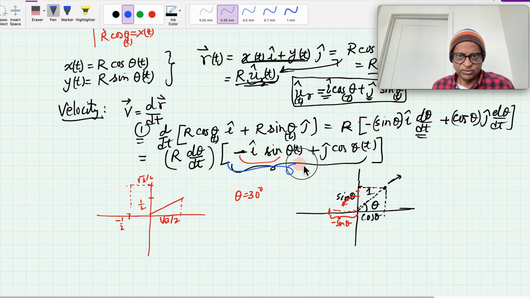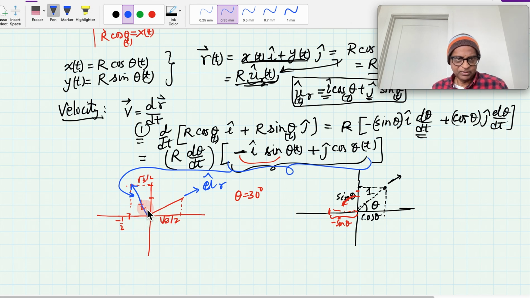So this vector will be the radial direction. You had r, then this will be this vector. So this vector is actually, if this is 30 degrees, then this guy is 30 degrees, and this was 60 degrees. So this thing is 90 degrees. So this is